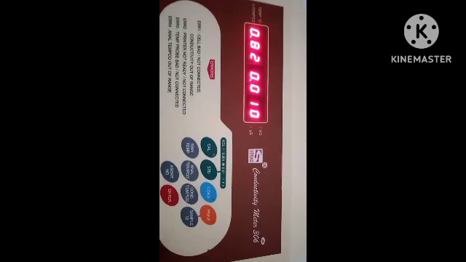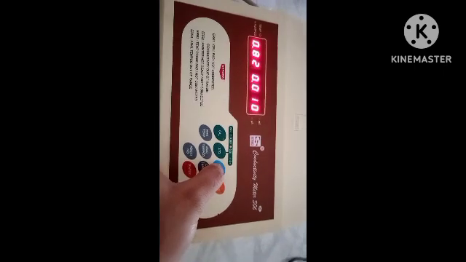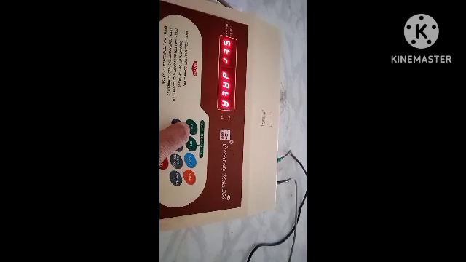Here it is a conductometer. As we can see, there are so many buttons, but what we have to use here is the conductance button, because we have to calculate only the conductance. And if we want to delete the previous data, then we have to use the delete button.